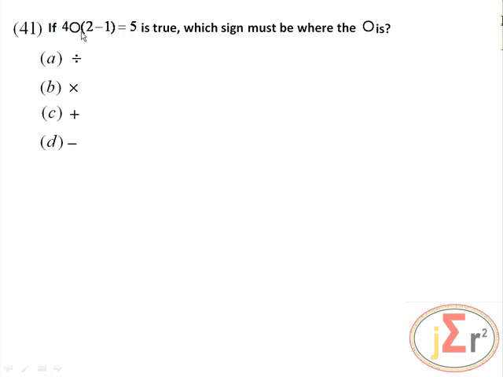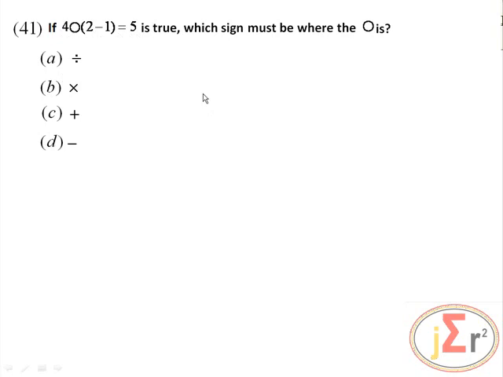So we have something enclosed in the brackets, and we have the little circle, which represents an operation, maybe division, multiplication, addition, or subtraction. Now, for this to be equal to 5 and be true,